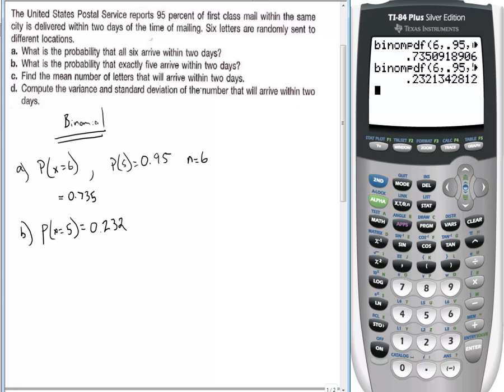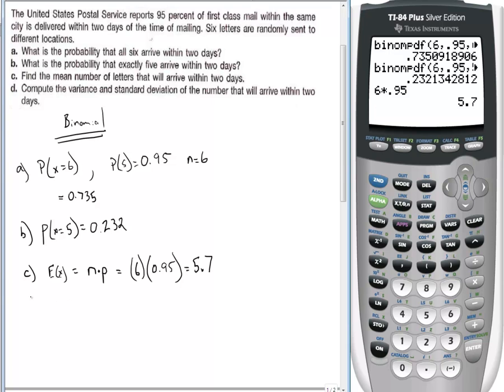Find the mean number of letters that will arrive within 2 days. Well, the expected mean for a binomial distribution is simply n times p. So because we know it's binomial, we just have to do n times p. n is 6. Probability of success is 0.95. And that's just simple arithmetic on our calculator to see the answer is 5.7. So we would expect nearly 6 of the letters would arrive on time, or within 2 days,